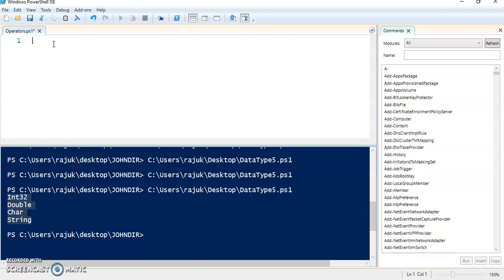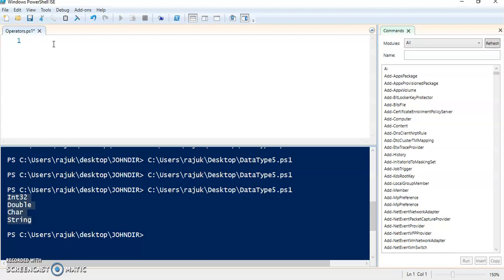We use the arithmetic operator for mathematical tasks. In the comparison operator we use and, or. We will see an example of each one by one.